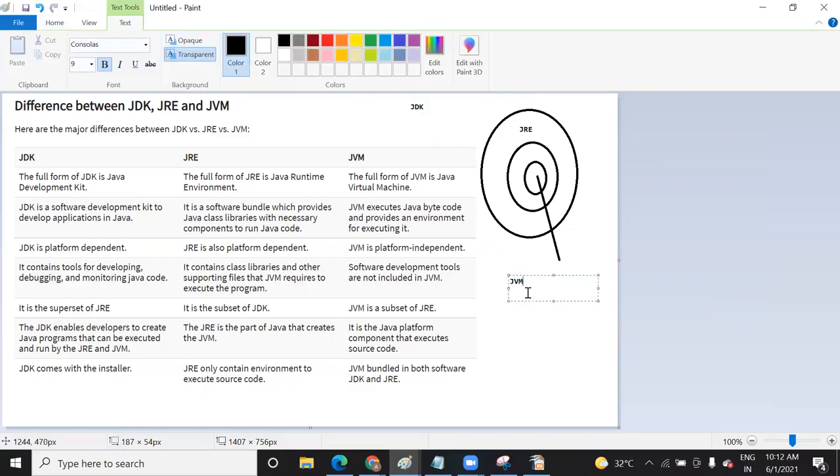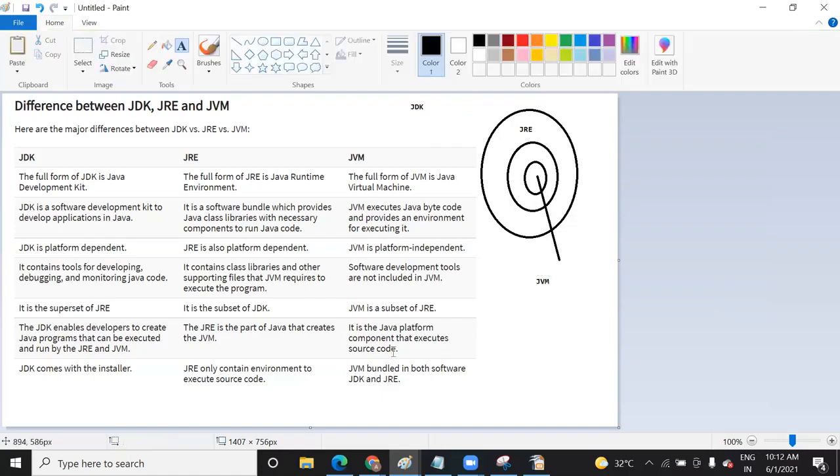Now you got it. Whenever you download the kit, there is a component called JVM present inside the JRE, and inside the JDK you have the Javac file. So it works in that way.